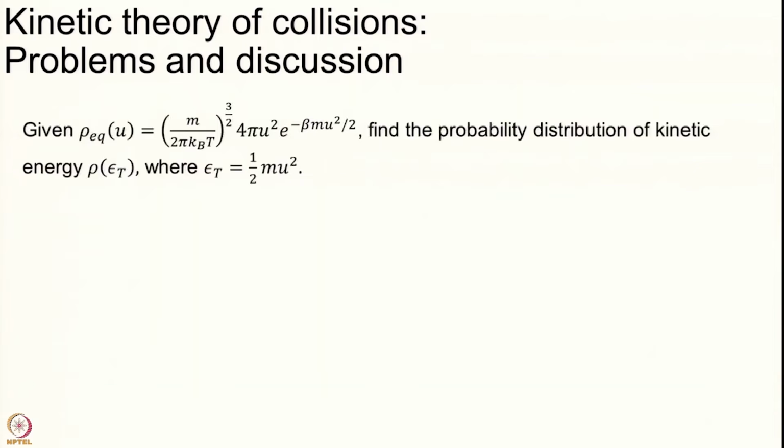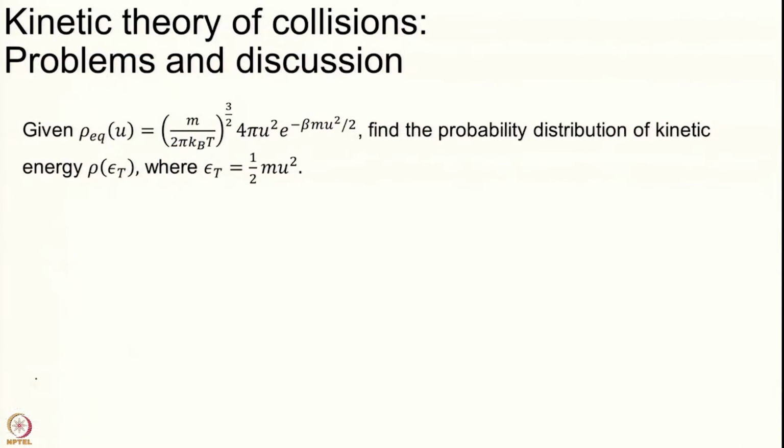So, let us look at the next question. This is about transforming between different variables. It is extremely important, and collision theory is really built upon it. You should be comfortable converting between different variables. This is something we have done while deriving, but let us do it explicitly once more. I am doing this again because it is very important. You should practice this a lot.